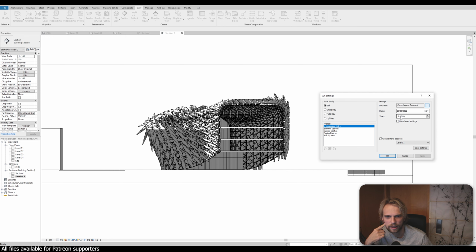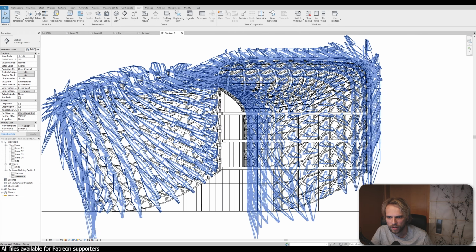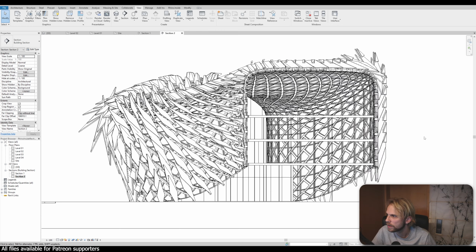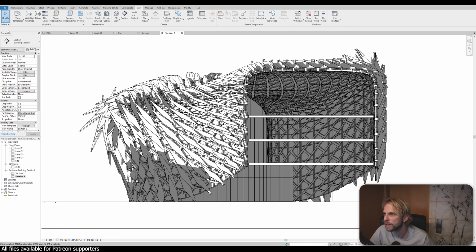This is 8 p.m. So most likely not 8 p.m. Let's do like 6 or 5 p.m. on October, well, it can be October, but a little bit earlier in the month. So that's 5. Okay, let's do 4. Yeah, something like that should be fine. Right. So we can get some shadows in here, and then if I want to, let's jump back to section 1,